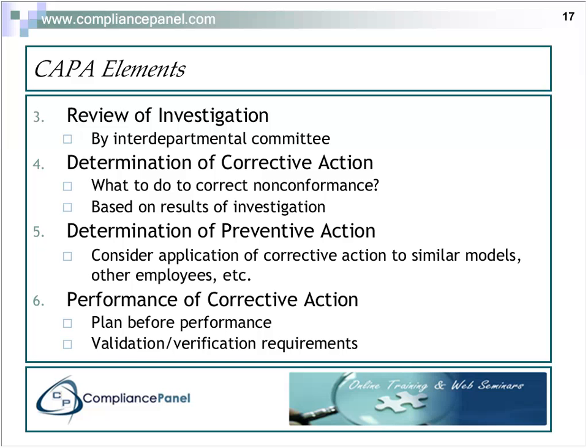When your committee determines the corrective action, they're also going to look at whether there is an opportunity here for preventive action. What they're going to consider is the application of the corrective action to similar models or other employees or something to that effect. And after the investigation has been reviewed and the corrective action has been determined, and whether there needs to be preventive action has been determined, the corrective action is going to be performed.